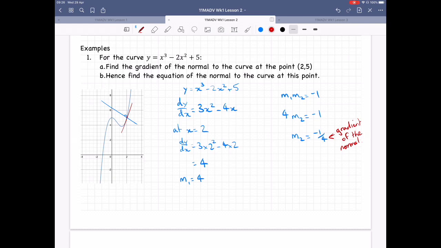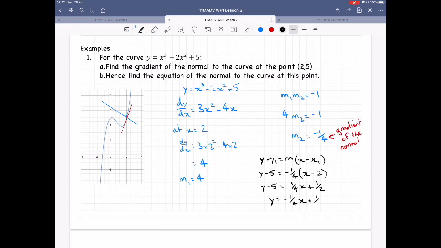So using our point gradient formula, y minus y1 is equal to m times (x minus x1), which means we have y minus 5 is equal to -1/4 times (x minus 2). So we have y minus 5 equals -1/4 x plus 1/2. So y is equal to -1/4 x